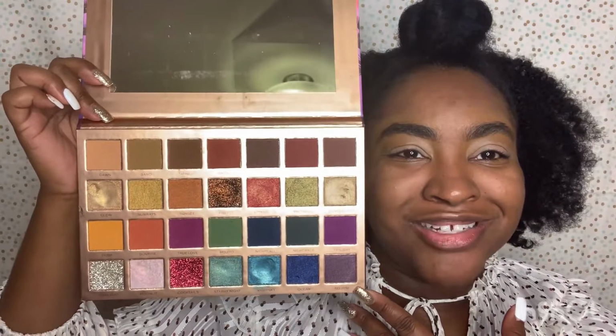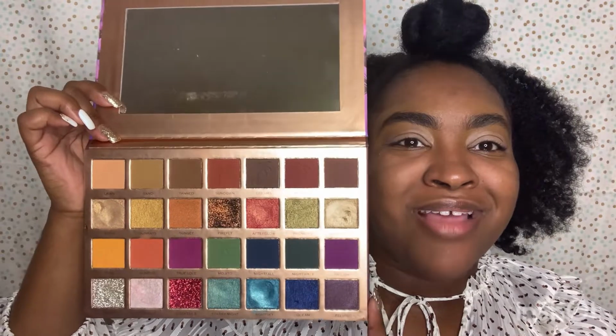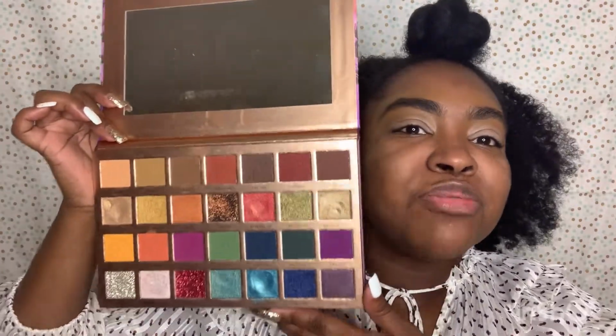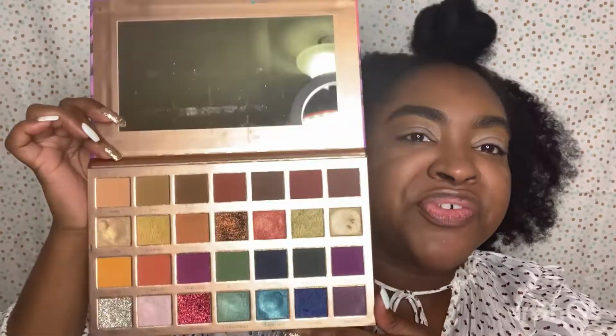And then last but certainly not least, the Tropical Twilight Tammi by Makeup Revolution collab. This is a 28 pan palette, guys. And if you watch this channel, I did a whole video on this one as well. And I actually did 3 looks with this palette in that video. You can tell that I've used this quite a bit this year, even though it has been mostly quarantine. But this is my first eyeshadow palette from Makeup Revolution, and it was definitely going in the top 3 because, again, lots of features. So without further ado, the winner of the eyeshadow category is